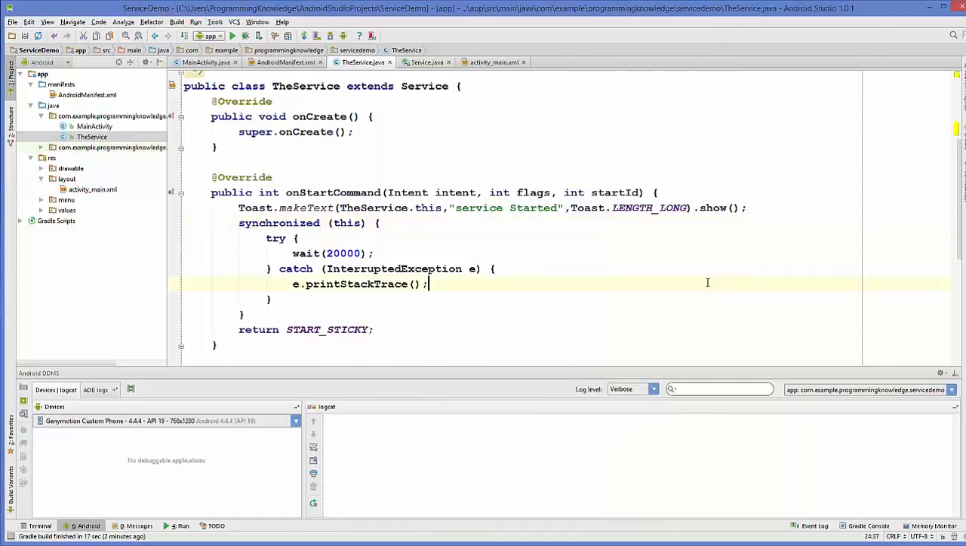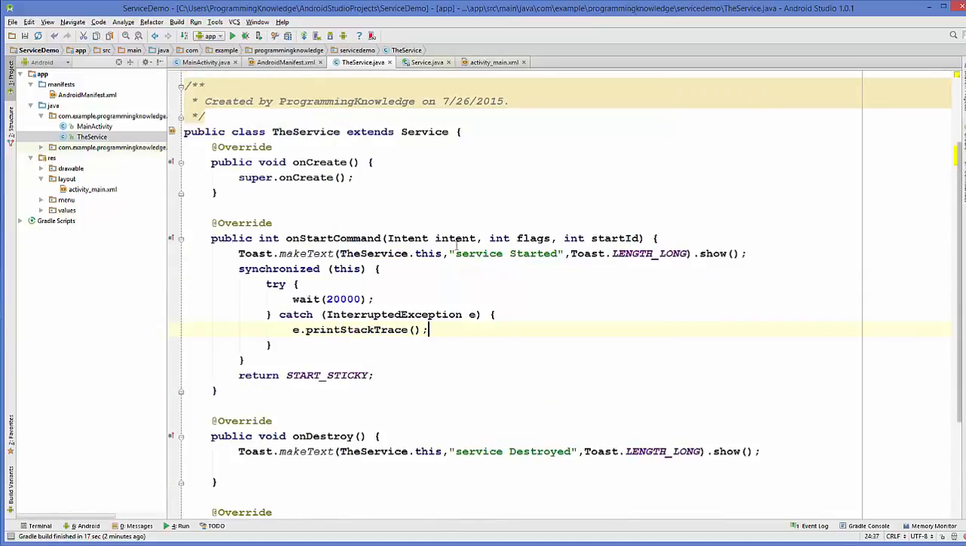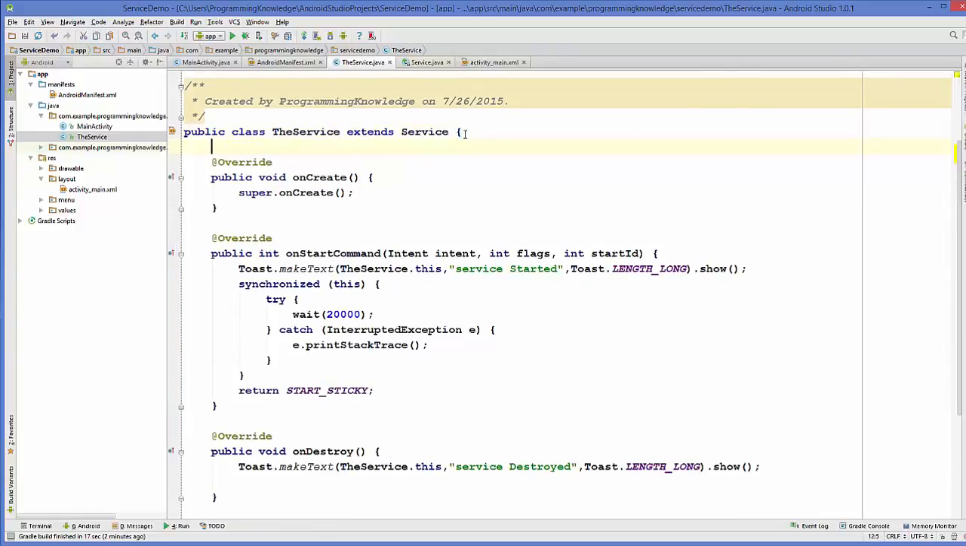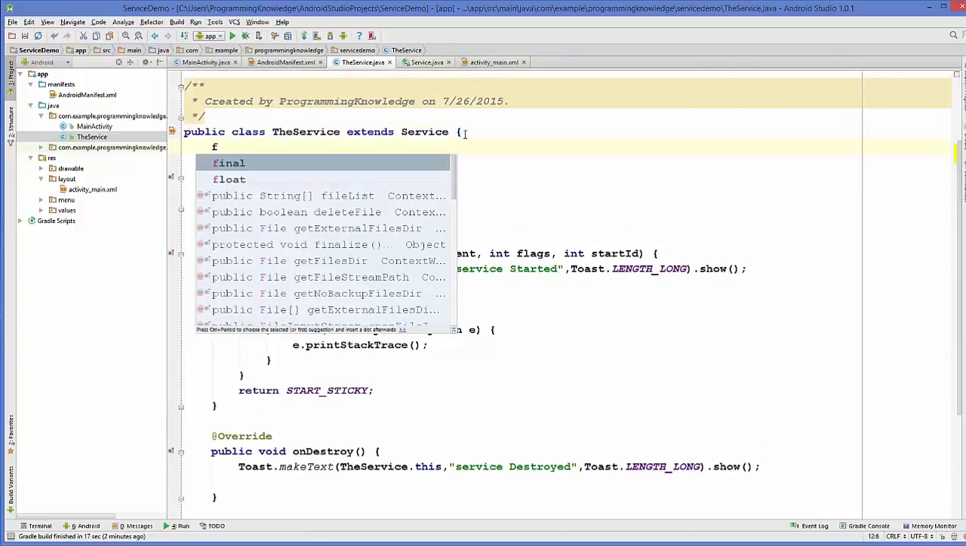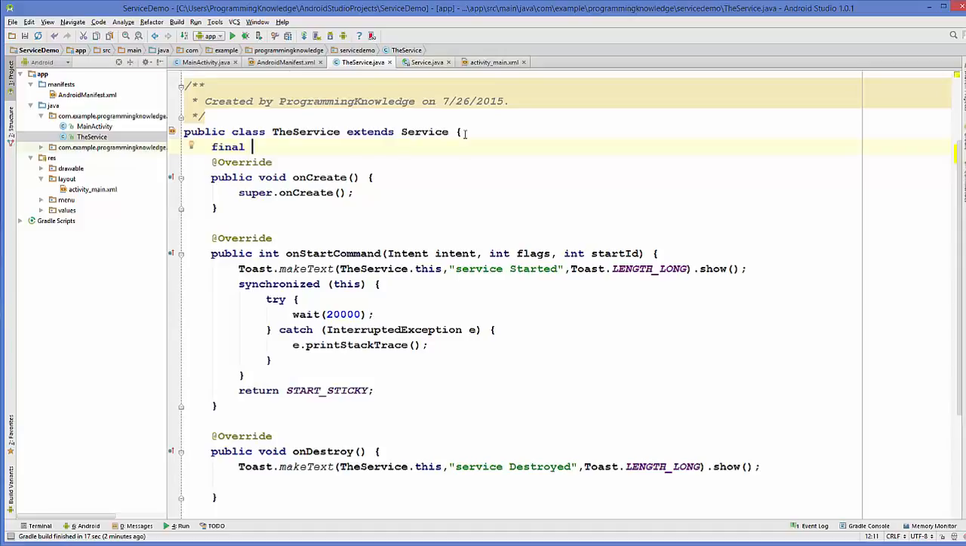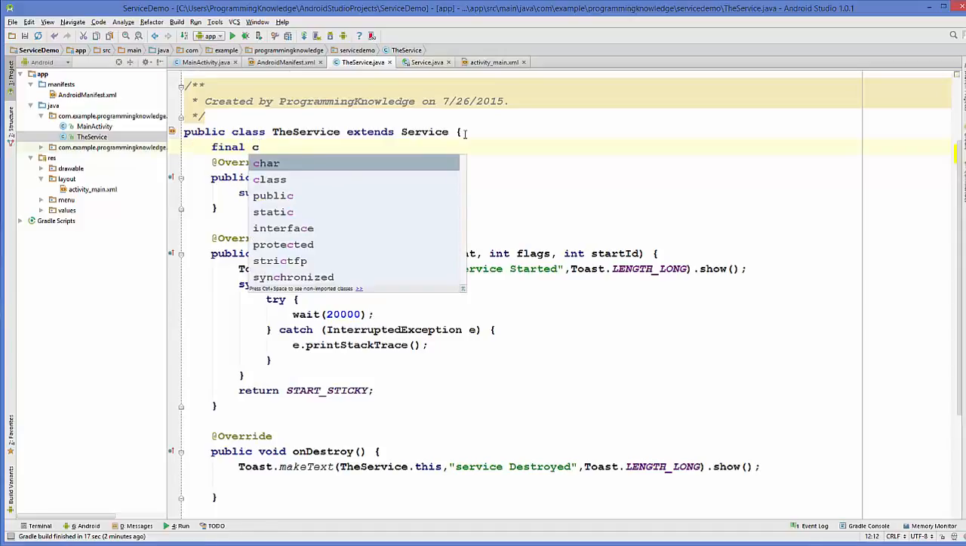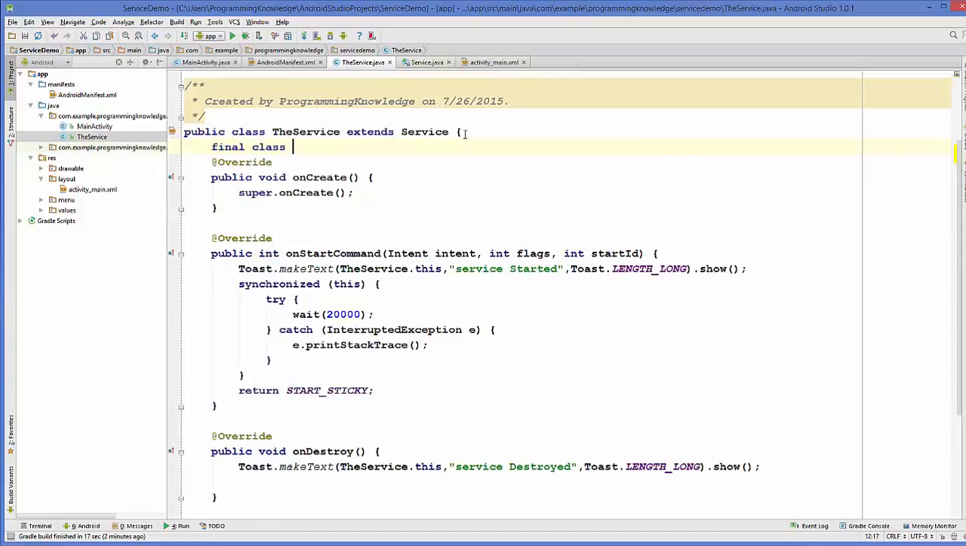Okay, so when we start our service in a thread, it's independent from our main process, and this will solve our problem. So let's see how we can solve it. I will go to my service class once again, and inside my service class I will create a class which will handle my thread. So final class, and this will be the thread class,